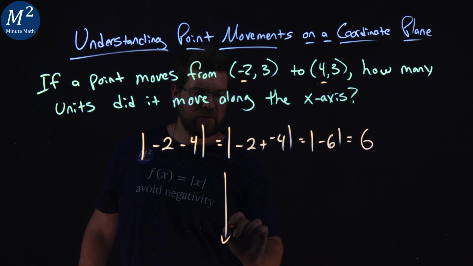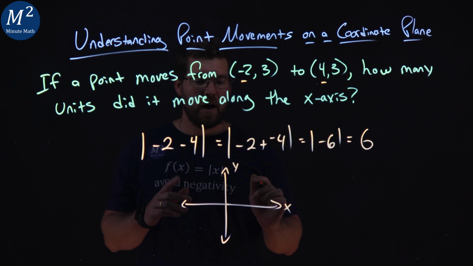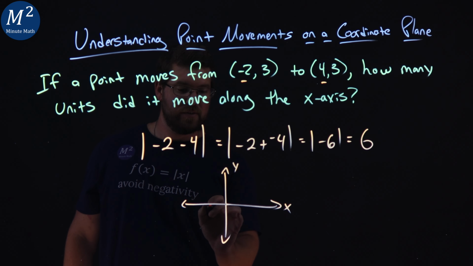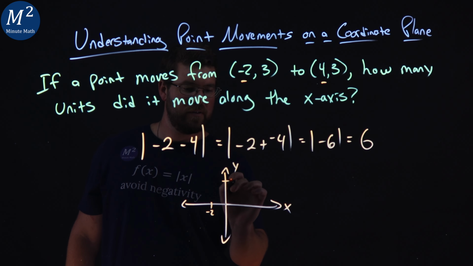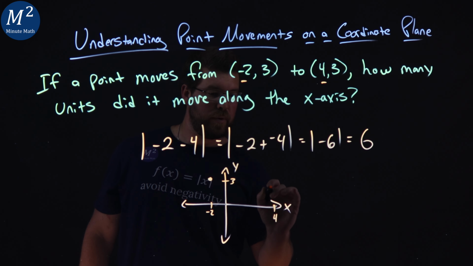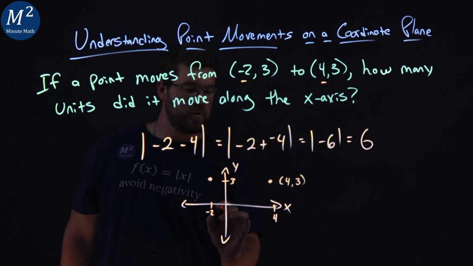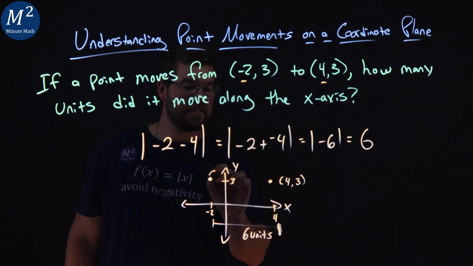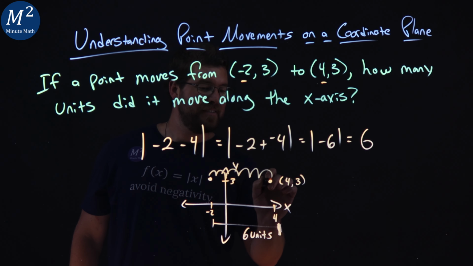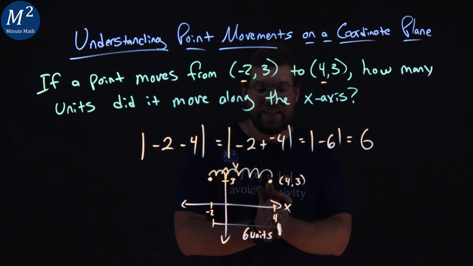We can also visualize this really quickly with a graph. We have x and y right here. Our point (-2, 3) is right here, -2, +3. And the other point is 4, right here, 4, +3. So we see that distance on the x-axis right here, that's 6 units. So we're moving 1, 2, 3, 4, 5, 6 units total from one point to the other along the